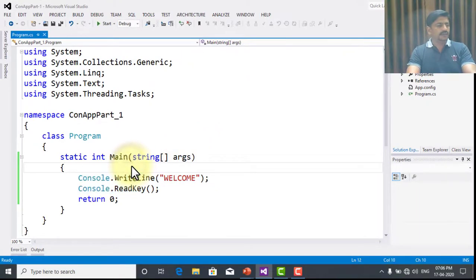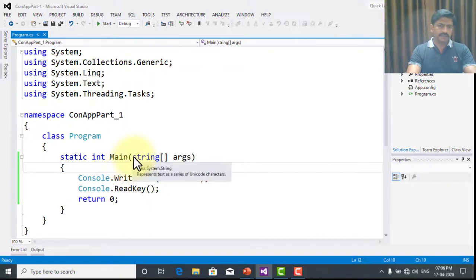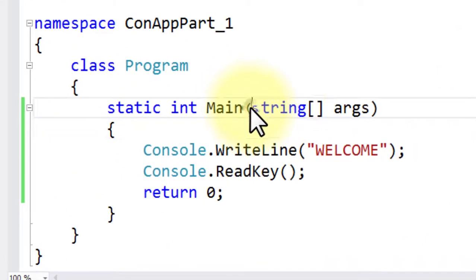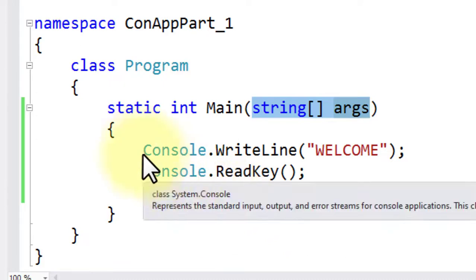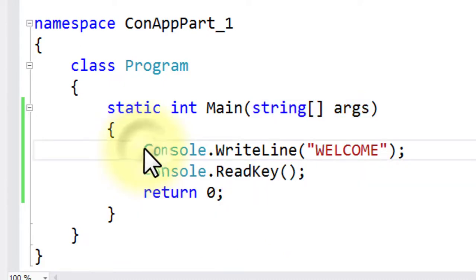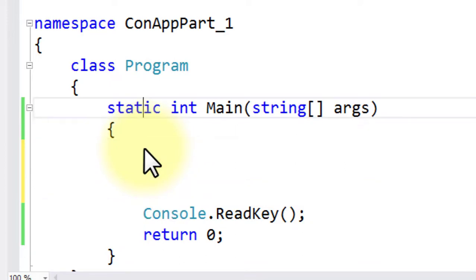Okay, the next point is passing arguments to the main method. Let's see how to pass arguments to the main method at runtime. We can pass runtime arguments to the main method, which are called command line arguments. I use this version.